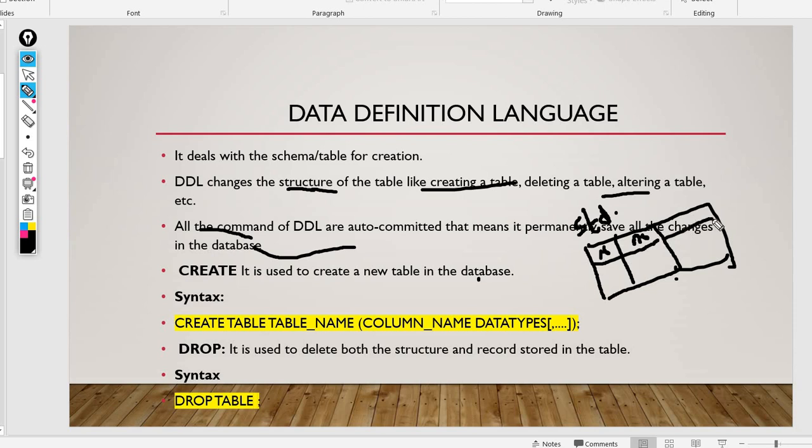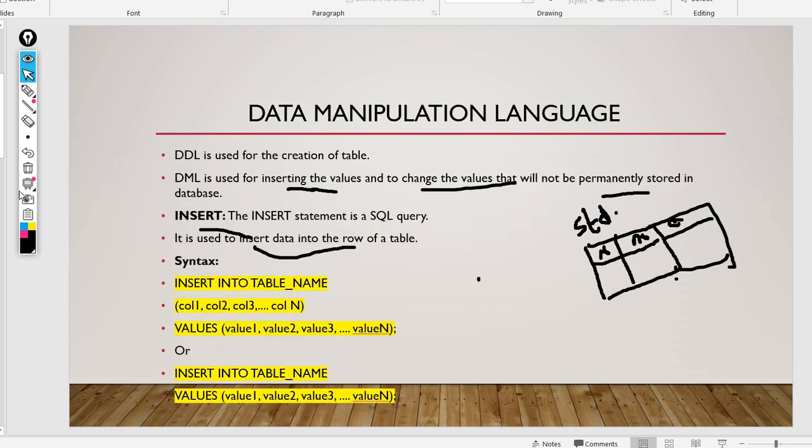So these are the 3 things I have given in the data definition language. I have only created the outline. I have to insert the values in that by using data manipulation language.